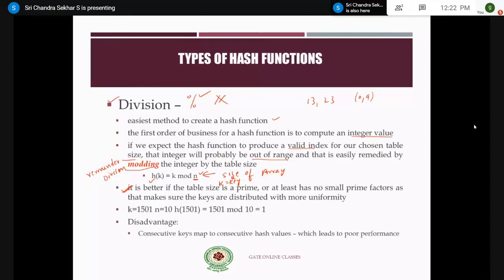For example, here he is giving one example. The key is 1501 and the size of the table is 10, and he wants to find h of 1501. Therefore 1501 mod 10 is equal to 1. Therefore this is the index,